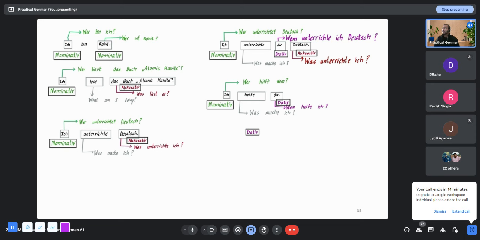This sentence, Ich lese das Buch Atomic Habits. Again, for Ich, you will ask the question who is reading. To find the book, if I say Ich lese blah blah, you will say was liest du, right? Was, what. So if the question is a was kind of question, you can take a guess and you will be right many times that it is accusative. The same thing applies for Deutsch as well, was unterrichtest du or was unterrichte ich. So was, accusative. Here, you see wem, right? Let's skip this part because you have not learned wem yet.